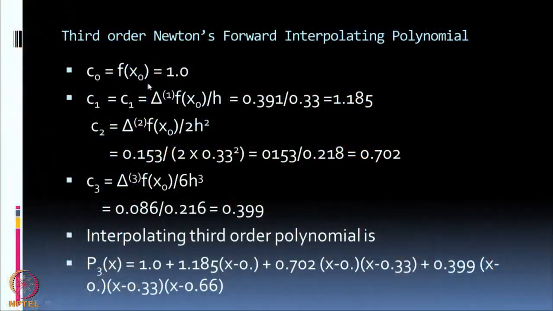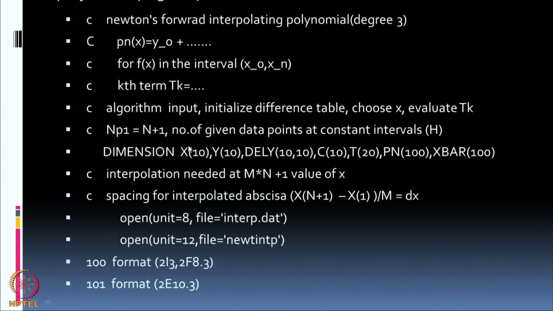Okay? So, now I shall start looking at the program. I want to start the interpolating polynomial. So, this is my formula for all the coefficients. This is how the program begins. So, look at the program carefully. The first line is a comment statement. It is always a good idea to have comment statements in the program, because the moment you look at the program, you know what it is going to do.